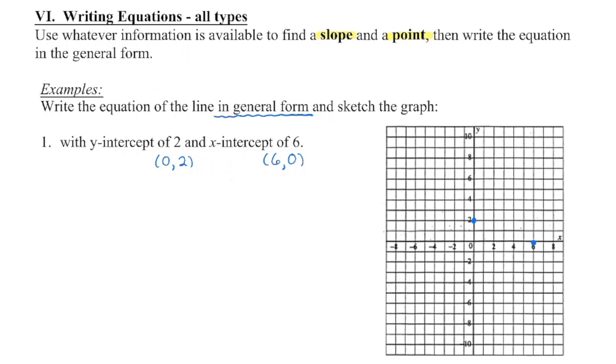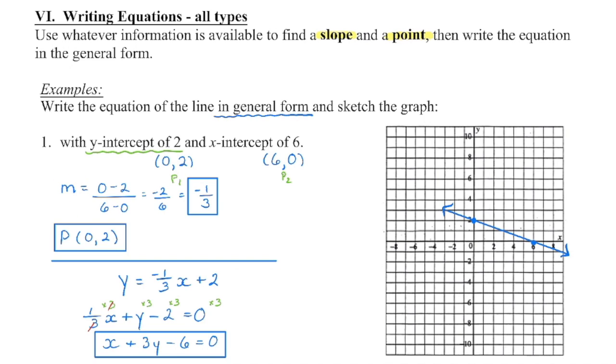Slope-intercept form will only work if you're given the y-intercept. Most of the time you need to begin with slope-point form. So always, we need two pieces of information, and we're going to take those two pieces of information to get a slope and a point. And we're actually going to write down what is our slope, what is our point, and then from there we can get the equation.